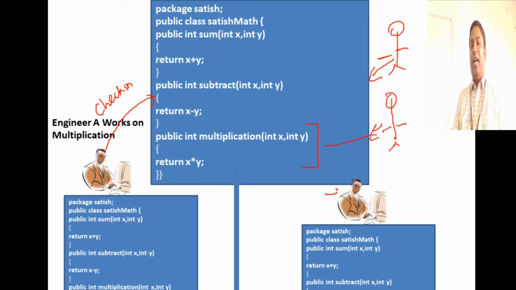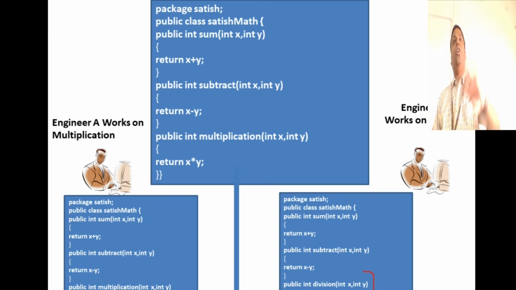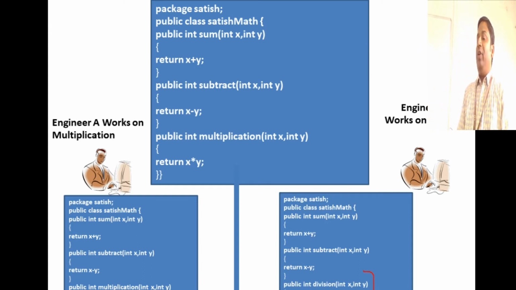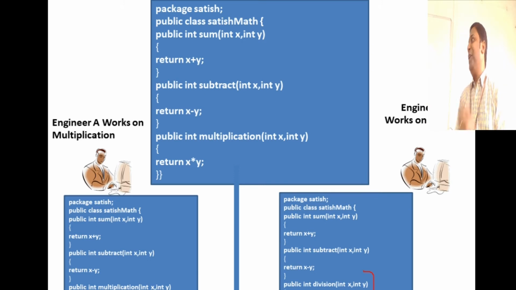So this guy comes back after some time and changes his code now. When he changes his code, what is he going to add? He is going to add the division function. To which code is he adding the division function? The old code that he has copied to his laptop. Now he has finished his changes, and these guys are in distributed teams, one in the US, one in India, and the code is of larger scale. They are working in parallel. So after finishing his changes, this guy checks in, which means he pushes his changes to the server.